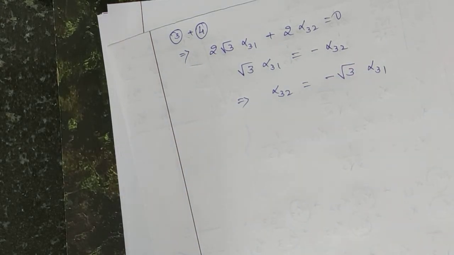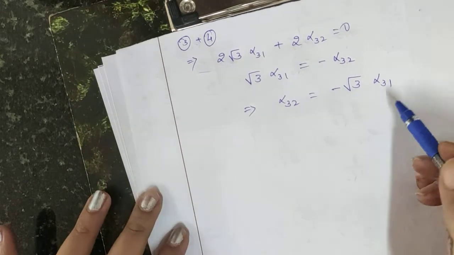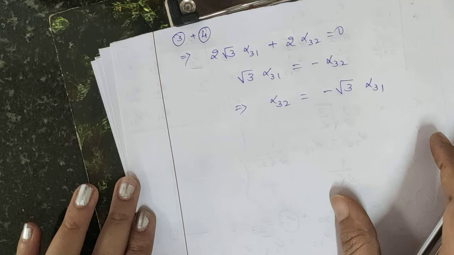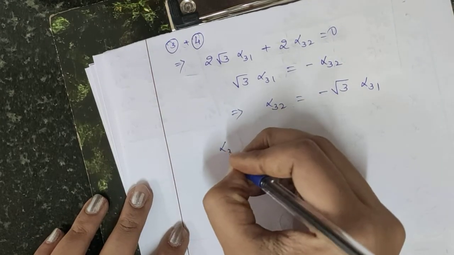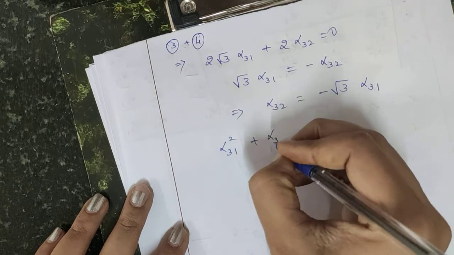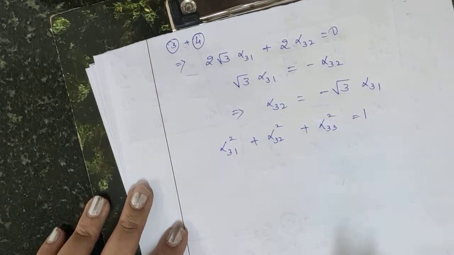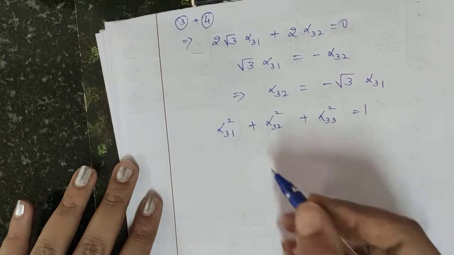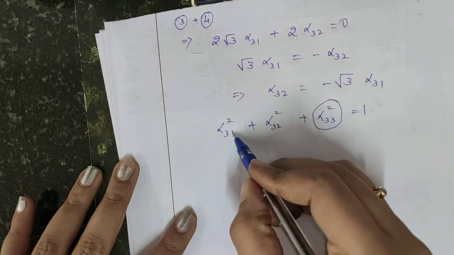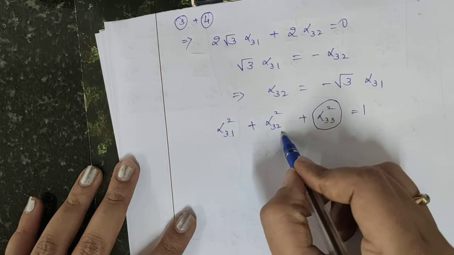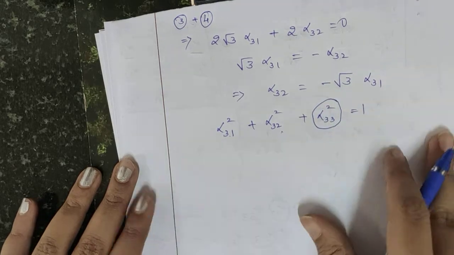very easily. So for this, again using that theorem 1, we have one more equation, that is alpha 3 1 square plus alpha 3 2 square plus alpha 3 3 square is equal to 1, right? So now we know the value of alpha 3 3. We know the relation between alpha 3 1 and alpha 3 2. Using that I can find out the value, right?